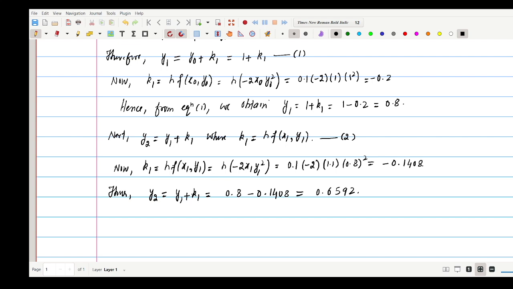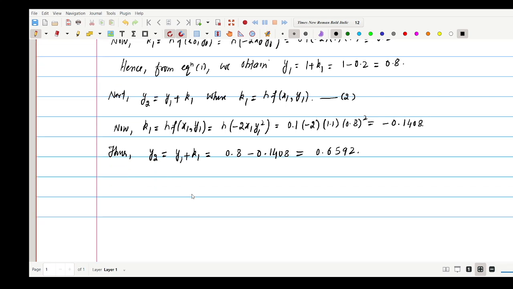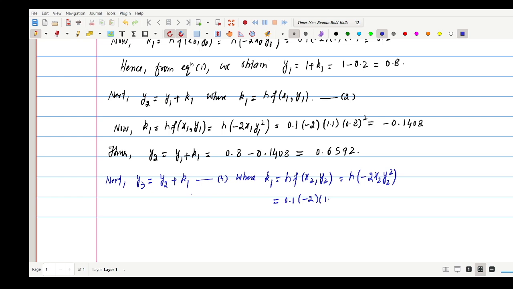Now our third iteration similarly becomes y3 is equal to y2 plus k1. So let's call this equation number 3, where now k1 will be equal to h f of x2, y2, which is equal to h into minus 2 x2 y2 square. Now using the values, this is equal to 0.1 into minus 2 into the value of x2, which was earlier